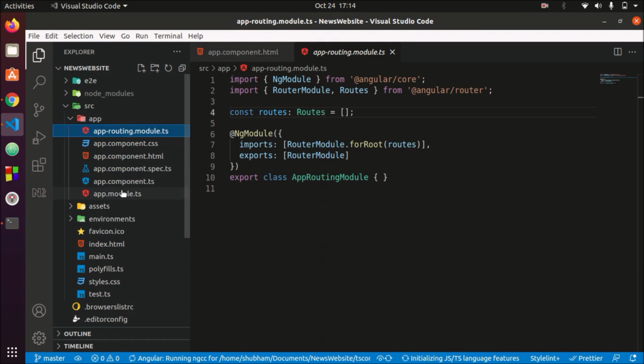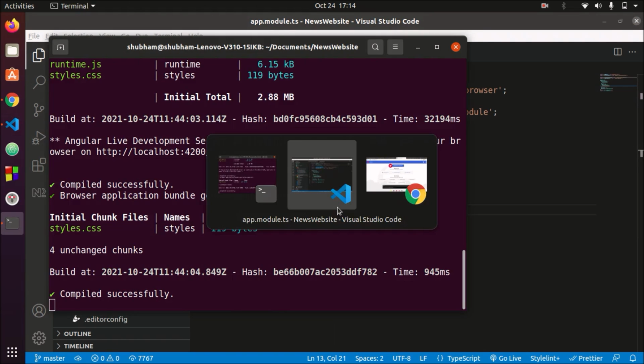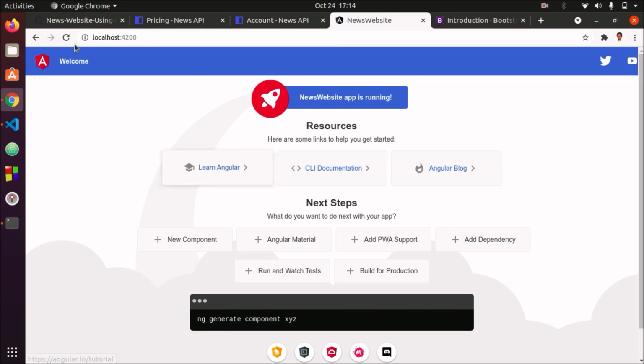And there is an app module file where we will be importing the modules, but in this example we won't be importing any external libraries. So yeah, that's it. We will only include the components which we will be creating here. So it's compiled. That's the output which we will see after creating the project.